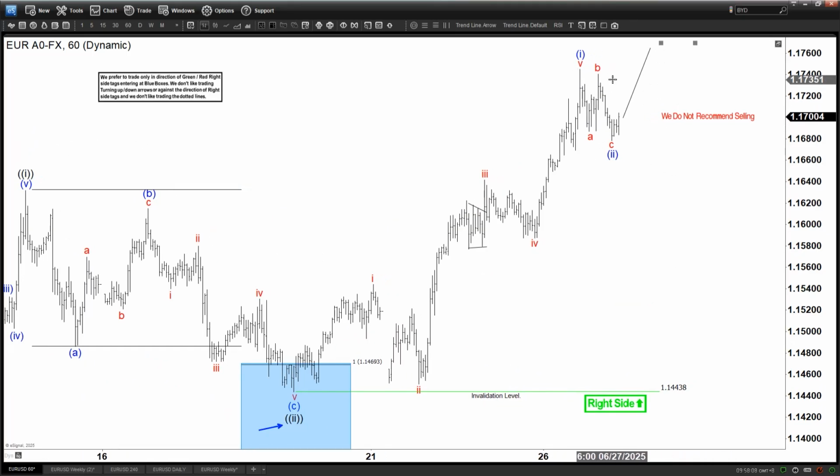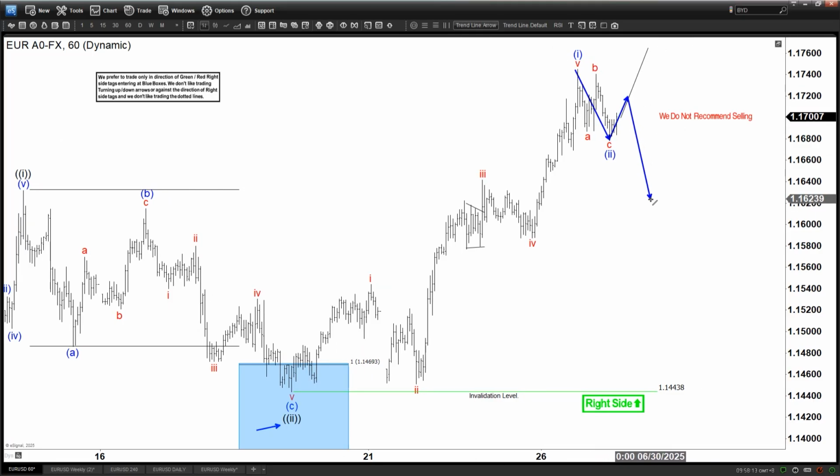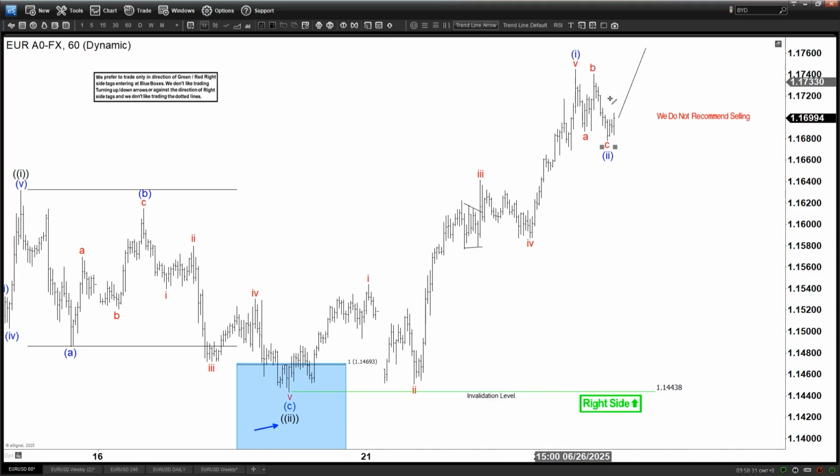Meaning that this 3-ways pullback could be just ending the W, and then you got an X, and then you got another 3 down Y into a bigger 7 swing or 3 swing from the peak, and then finish it here, right? So this is the more aggressive view for now, but of course I think it's a little bit too shallow, I mean, to be honest, the correction. So I wouldn't be surprised, let's say, if we actually do double and do a Y leg down, which should continue to find support, as you know, in the sequence of 3-7 swing against that previous low